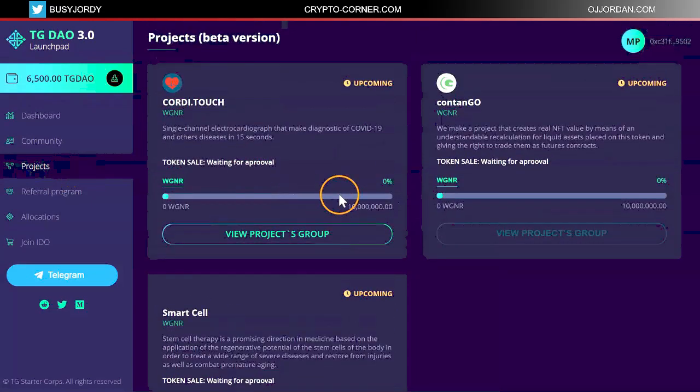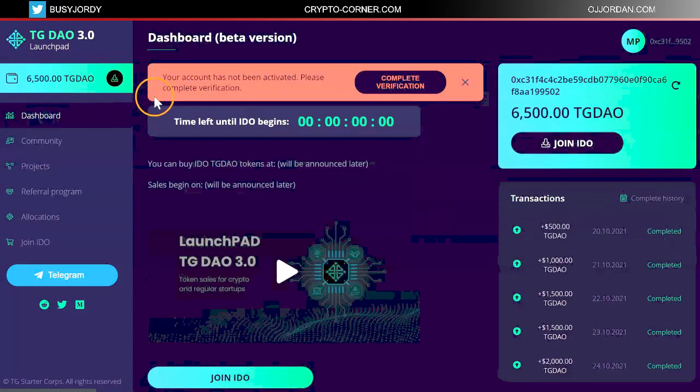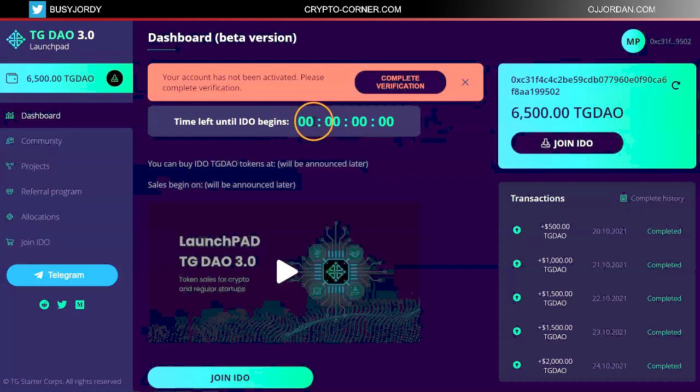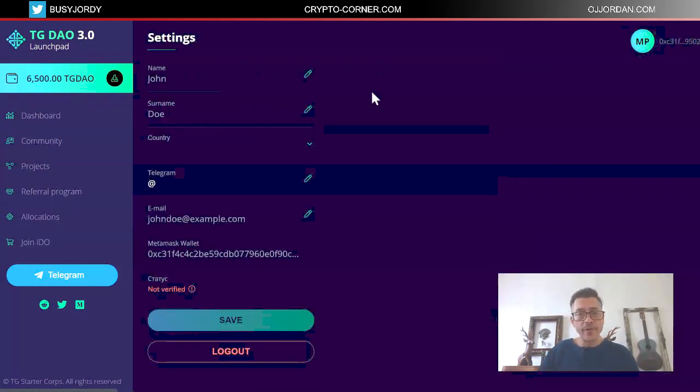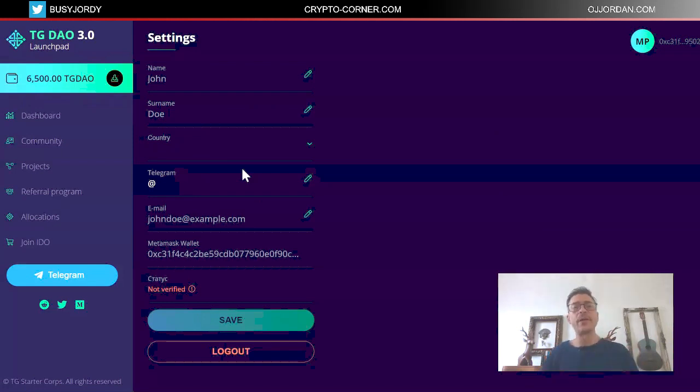So here is where you actually will be tracking the upcoming projects. You will be finding out more details about them. If you're interested in that project, you will have to keep an eye on when it starts the IDO. When you go to your dashboard here in this countdown, you will be seeing how many days and hours are left until the IDO begins. Also, another thing you need to do is go here at your profile and just complete this. Of course, you will be having to do this as you are verifying your account. So typically, this is the first step. This is where you start from.